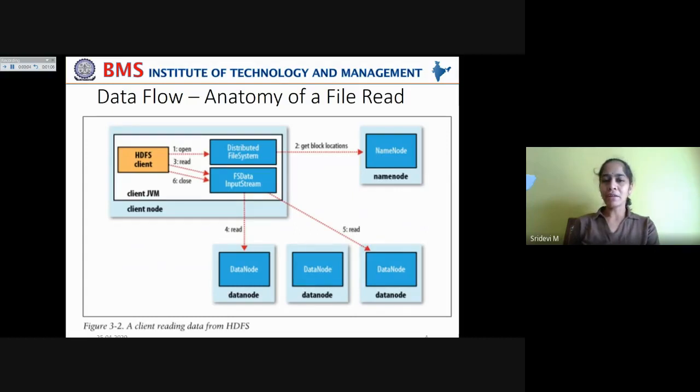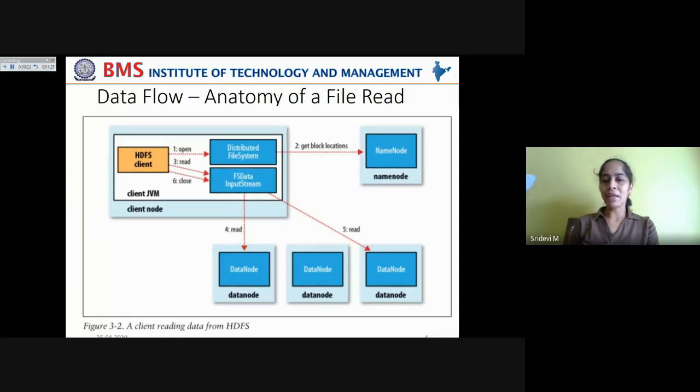When some error occurs while reading the data, then immediately this DFS input stream will inform the name node that an error has occurred with this data node, so that it will not have to reattempt again and again to read some other blocks on this erroneous data node.